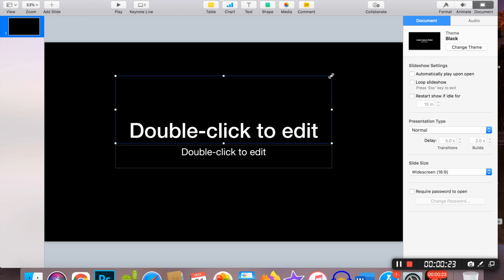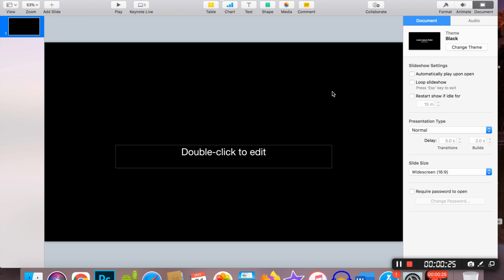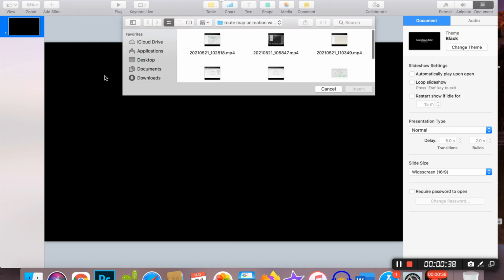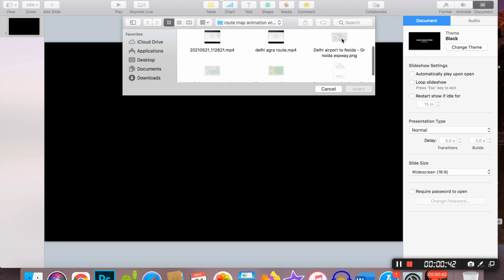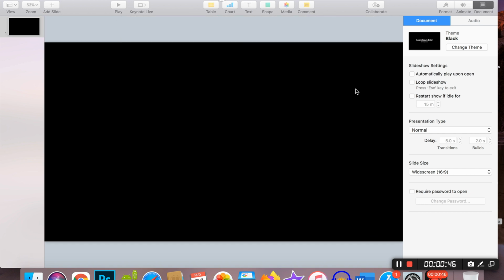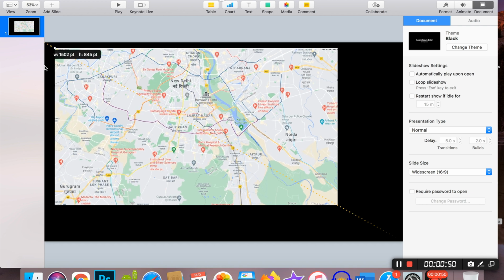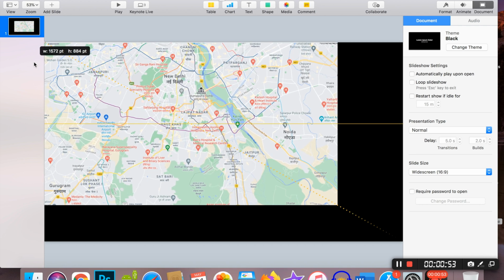Delete these ones. Then go to insert and choose. From that we'll insert the very first map, which is Delhi Airport to Noida Greater Noida Expressway. Drag it to the size of the slide.